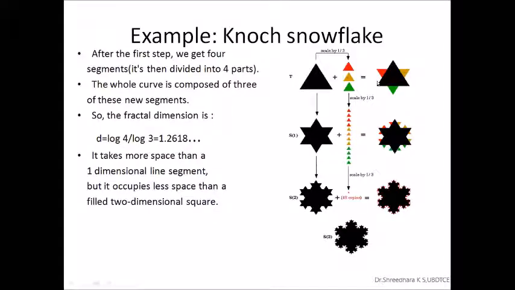If you observe now, the total length is 1 plus 2 plus 3 plus 4. Previously the length was 1. It is divided into three parts. Now the length is going to become 4. So do it on all sides, that is on all three sides, resulting in this new picture that you have got.